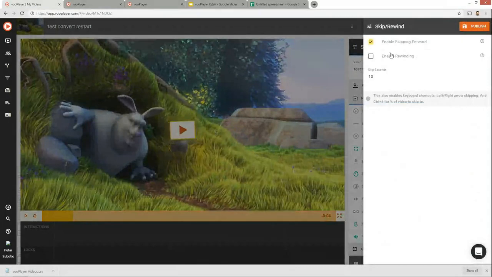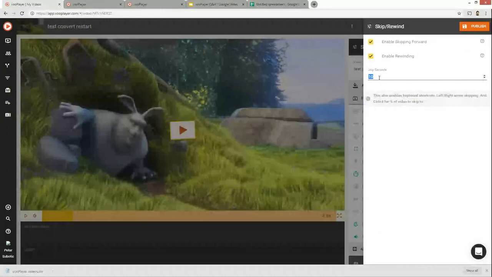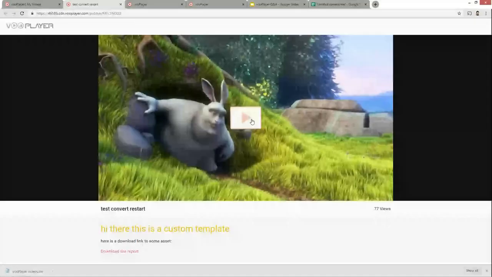So you can enable skipping forward and enable rewinding, as well as the interval in which you want the users to skip. This video only lasts for 5 seconds, so that's not going to be that great of a demo, but I'll just set it to 2 seconds just to demonstrate.